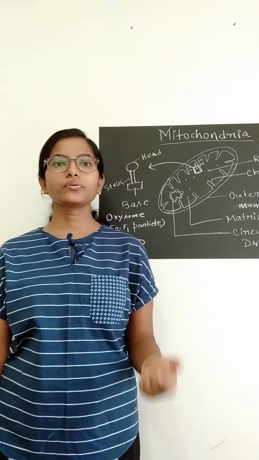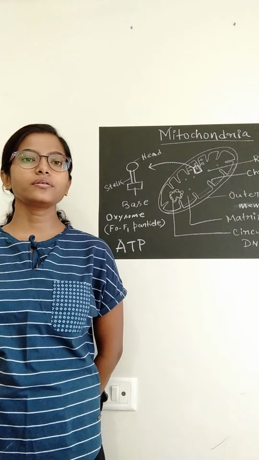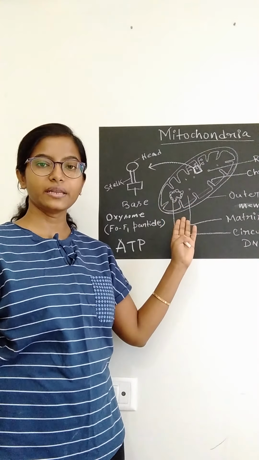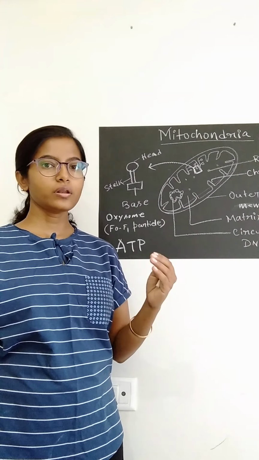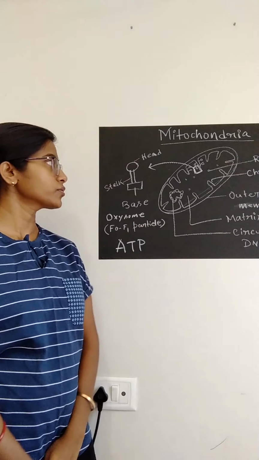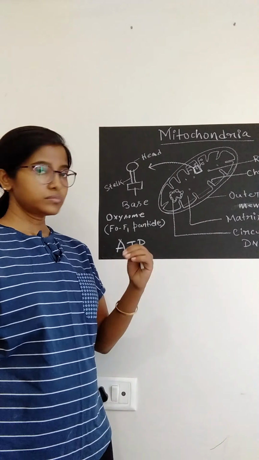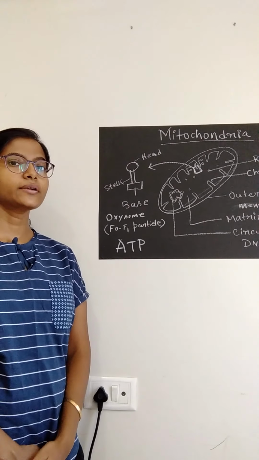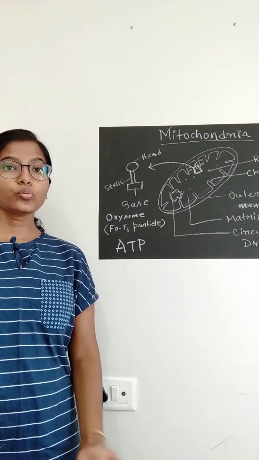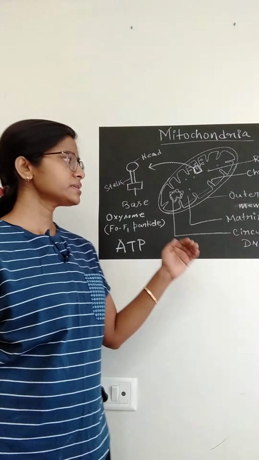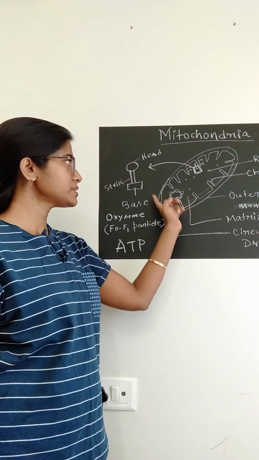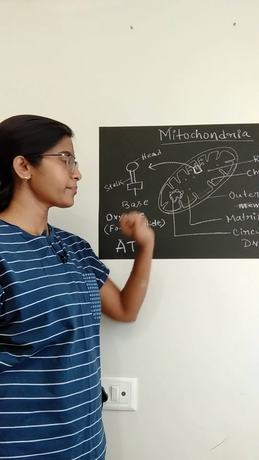Now moving on to its shape, mitochondria have a specific cylindrical or elliptical shape. More or less that is the shape of mitochondria. Next is its structure. In the structure of mitochondria there are two parts. One is the membrane, and the second part is inside the membrane, where there is a chamber.